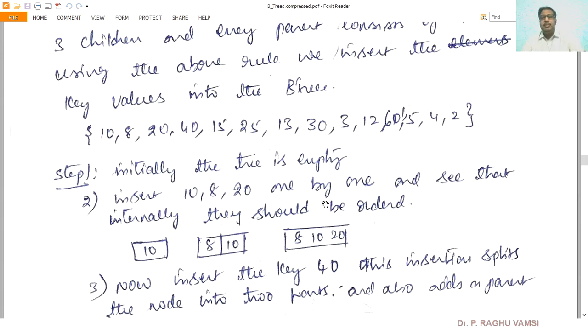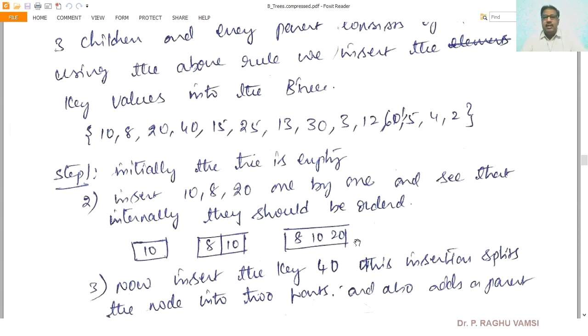Whenever you perform the split operation, you need to recall the condition: if the order of the tree is odd, the left split consists of n by 2 elements and the right split consists of n by 2 elements. If the order of the tree is even, then the left split consists of n by 2 elements and the right split consists of n by 2 plus 1 elements.